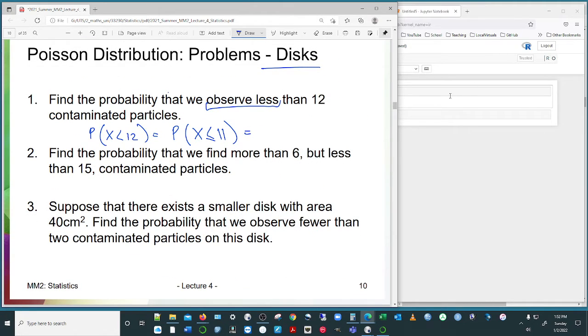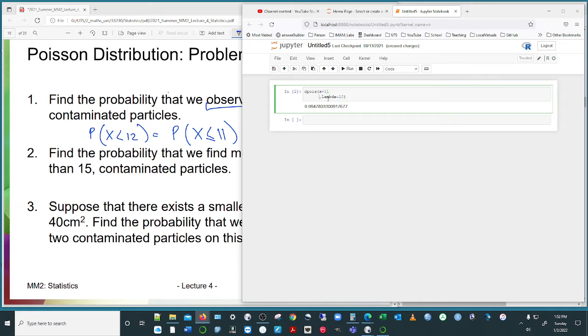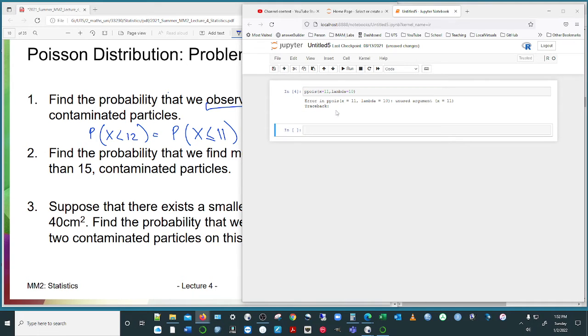So in order to get that one out, if I put in 11 there, that's not the correct answer. Whoops. Okay, that's not the correct answer. That's not the right answer. So I need to change that to the cumulative. Just a subtle little thing. Doesn't like that. Okay, so you've snookered yourself now.